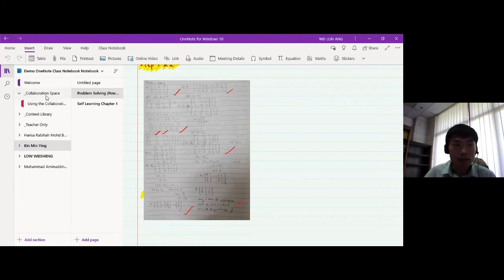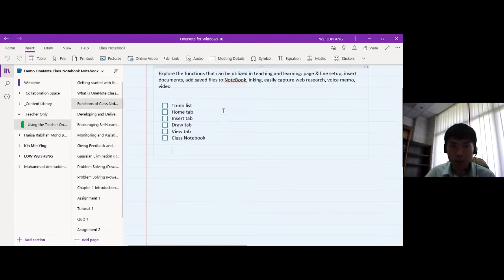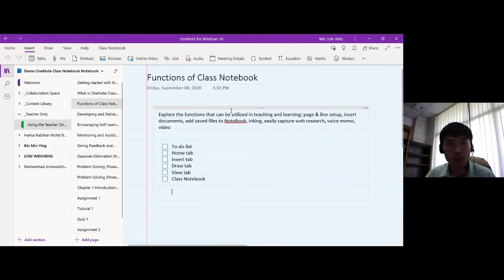Now, I think it would be good for me to quickly go exploring the functions of a class notebook. The first is the to-do list. If you look at the content here, one of the features that I like about OneNote is that I can have a to-do list.